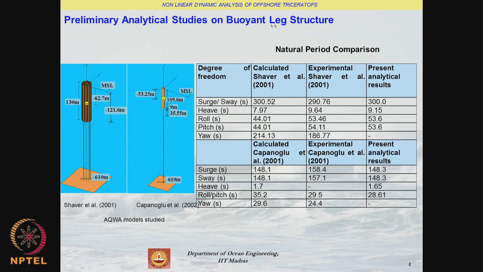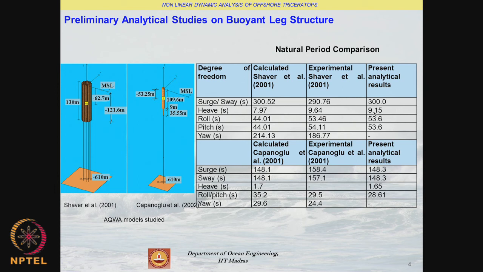A typical study which has been conducted to compare the preliminary analytical study results is shown here. If one looks at the experimental investigation conducted by Shever et al. and the present analytical model we investigated at IIT Madras for a single buoyant leg structure, the periods are very high in terms of surge and sway degrees of freedom, making it highly compliant, whereas in case of heave, roll and pitch the periods are very close. However, they are still higher compared to that of